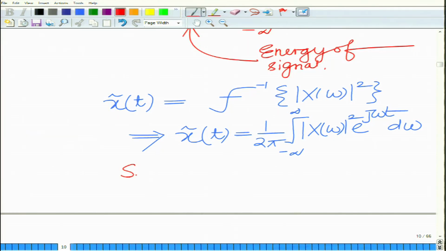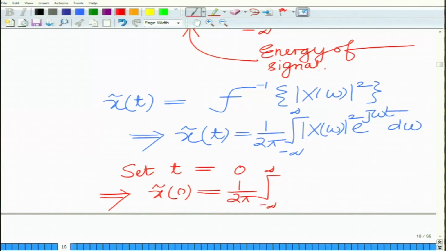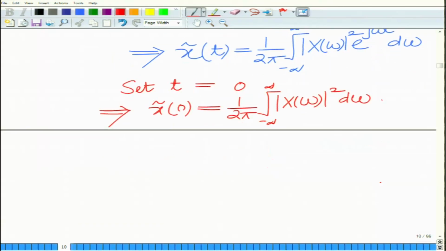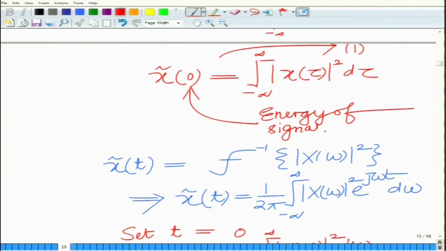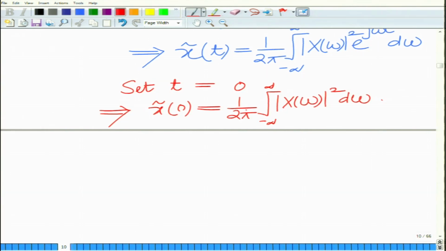Now, set t equal to 0 once again, and this implies x tilde 0 equals 1 over 2 pi integral from minus infinity to infinity magnitude x omega square d omega. So, we have two relations here. We have x tilde 0 equals integral from minus infinity to infinity magnitude x tau square d tau, let us call this relation 1, and we also have x tilde 0 equals 1 over 2 pi integral minus infinity to infinity magnitude x omega square d omega, let us call this relation 2. So, from 1 and 2